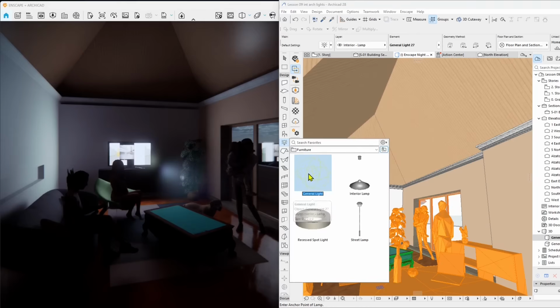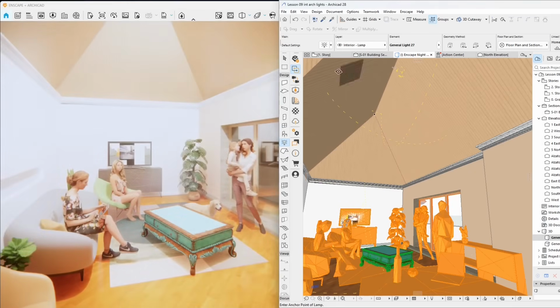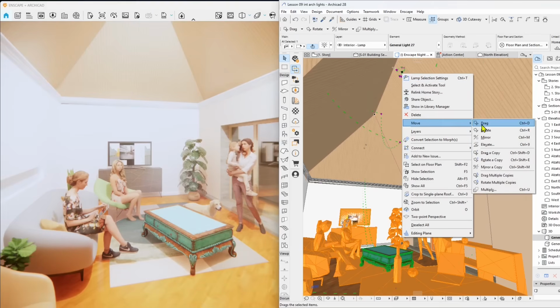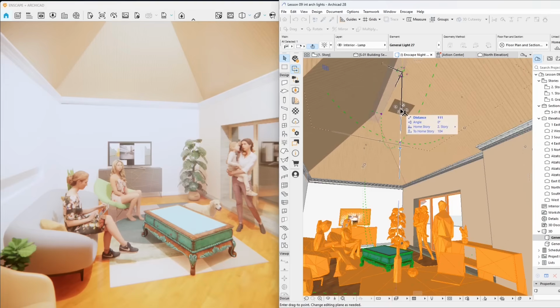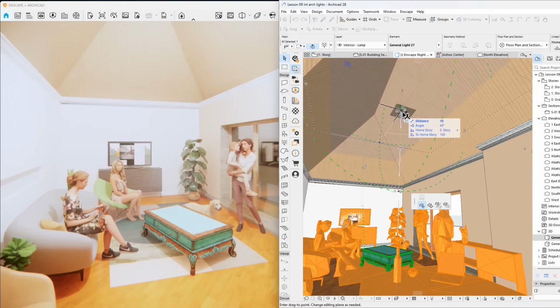Otherwise, you can put a device in there. Here I have a slope, so it's a little bit difficult, but once the placement is finished, you can select it, right click, and you can move it around. So you can drag it around with many tools. And I'm just going to put it a little bit more down. And again, it's really intense. So one thing that I need to fix is the intensity.